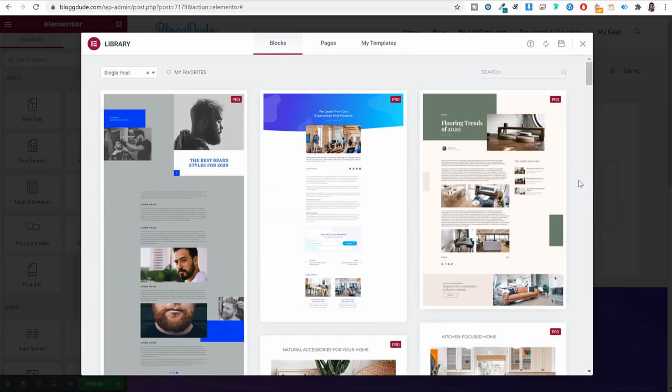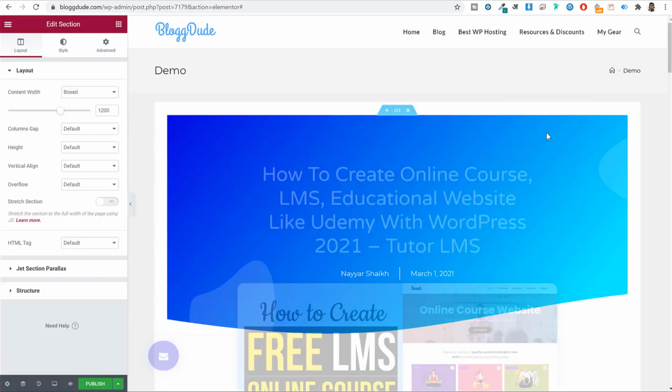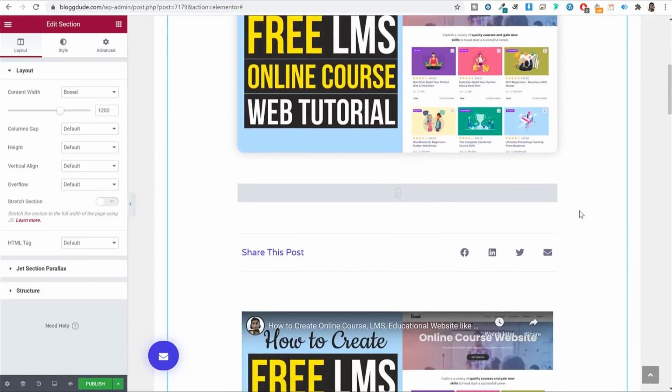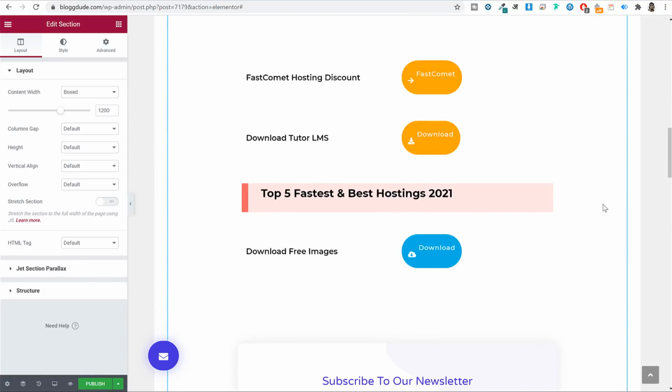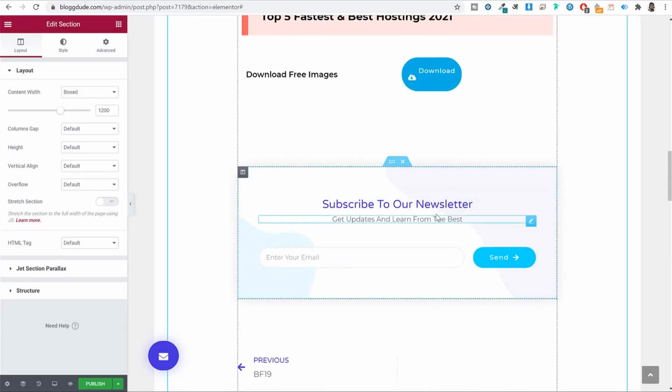All are good. Let me select a simple one. Okay, let me select this option. I'll select this and click on insert. Now as you can see, when you select insert, this is how your blog post will look. So this becomes your default setup. Every time, you don't have to create this newsletter; it will automatically be present for you when you create